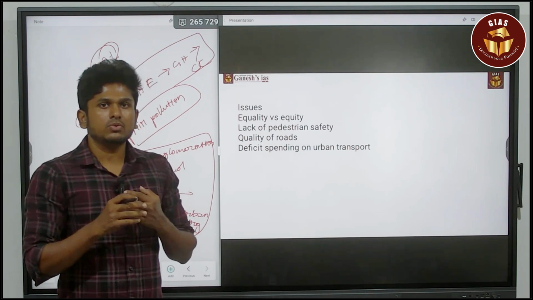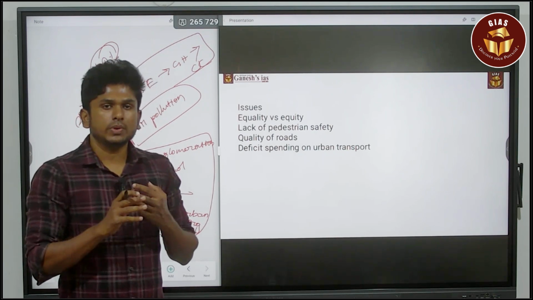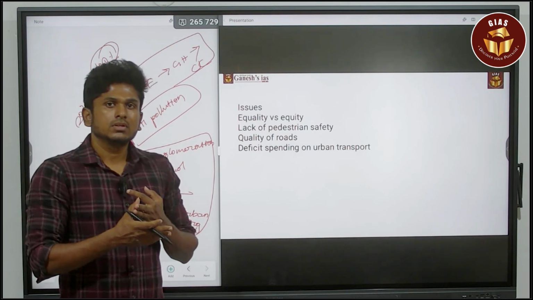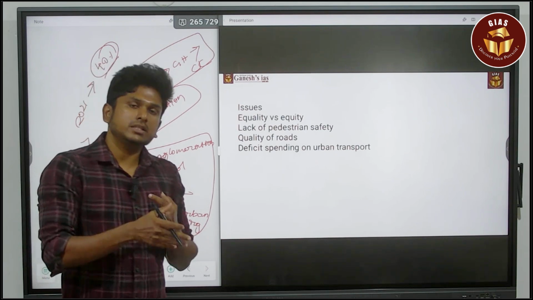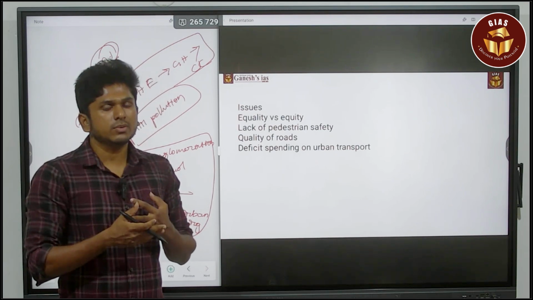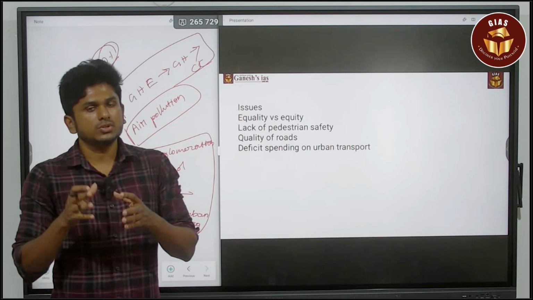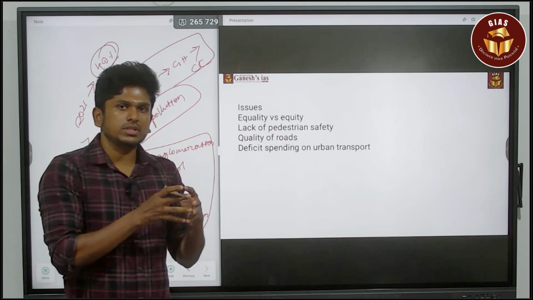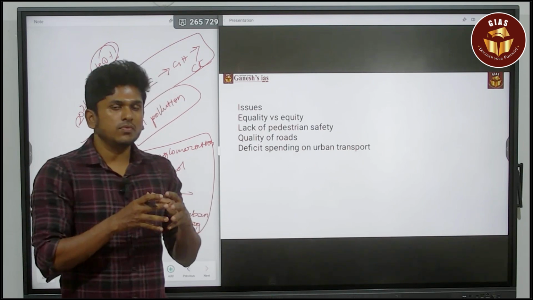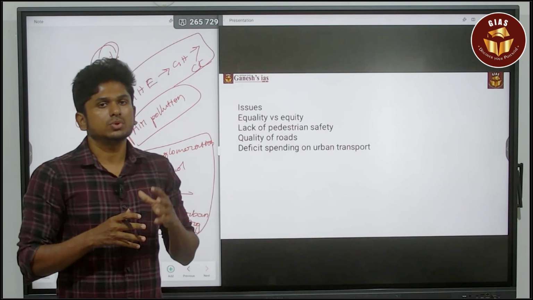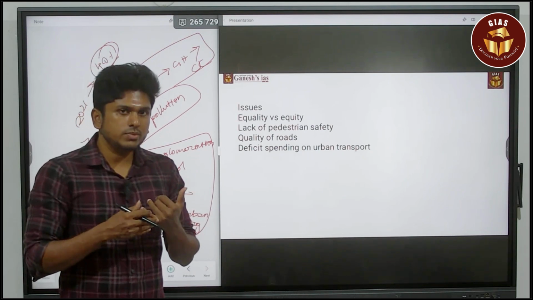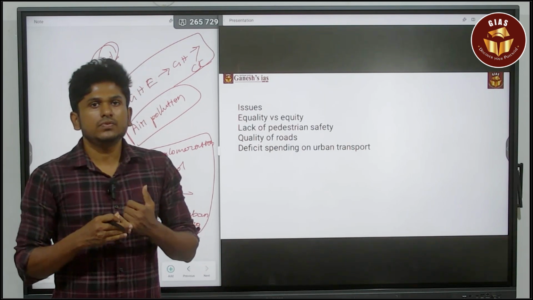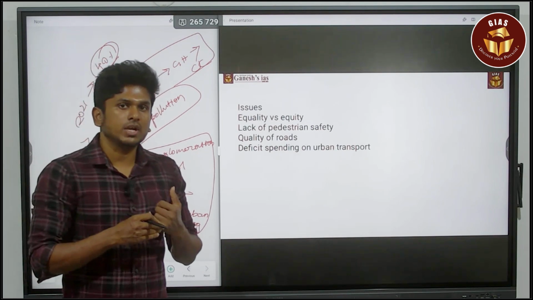In such a way, you have to create certain infrastructure. You have to provide a ramp facility. You have to provide lift facilities. These are the major things needed in the public transport system. If it is not there, how will it reduce the issues of traffic congestion or pollution, or the issues of the people who are using their personal vehicle? So for the issue of equality versus equity, you have to focus on that. Still, major metro cities are not friendly for the handicapped, the Divyang. That is the major issue. We have to address that.